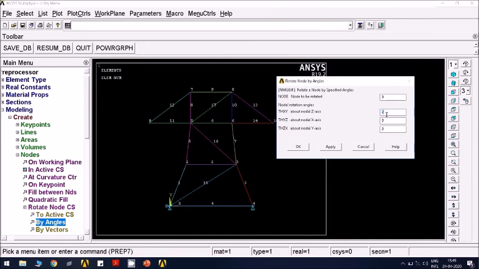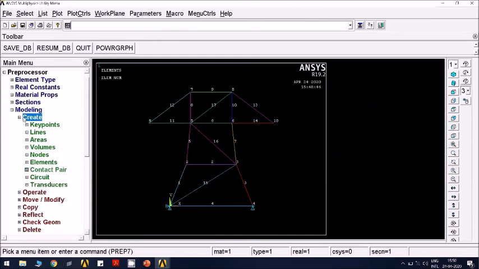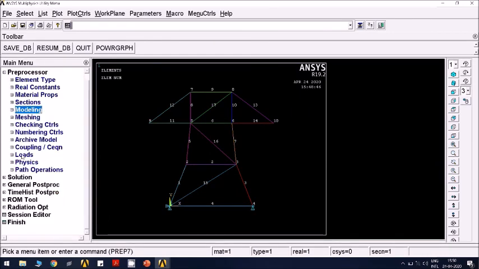So value is 2.2906 degree. It is always in degree. So enter 2.2906 degree about z axis. We are rotating the coordinate system of that node. Rotated.